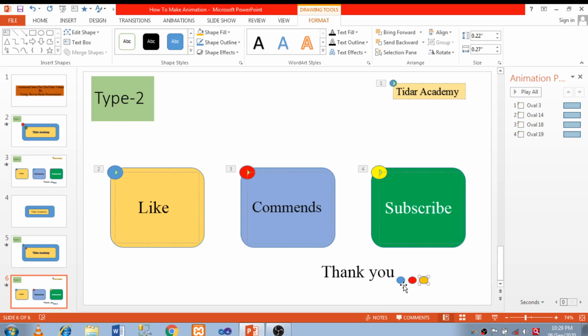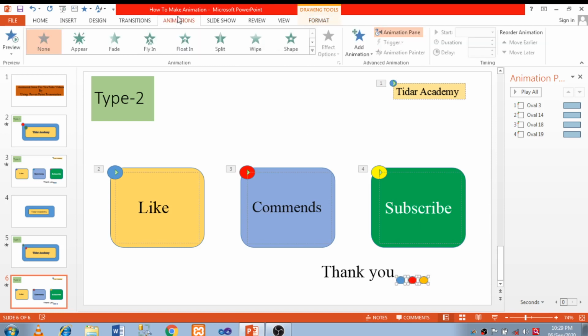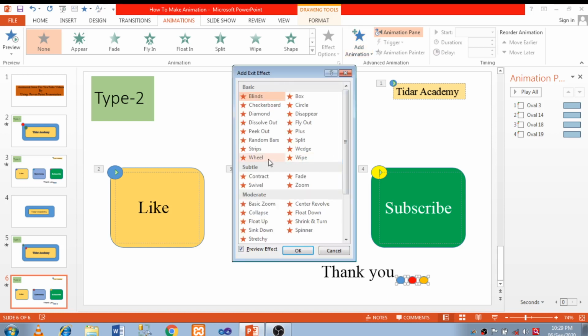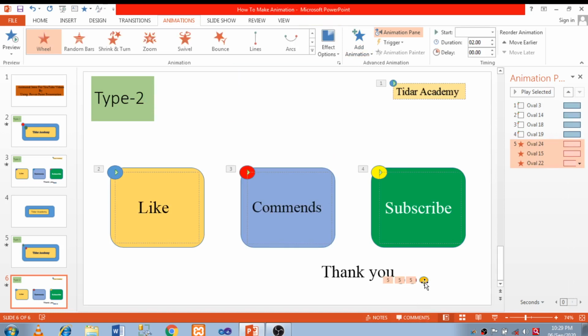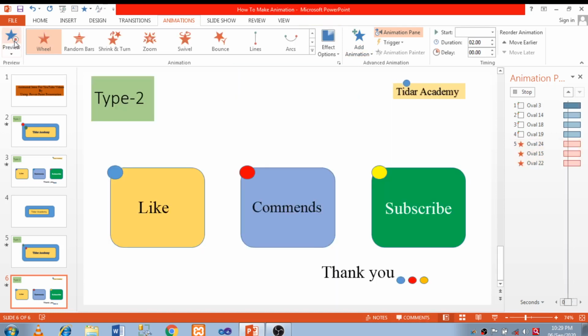Then select all these three balls. I go to Animation, Add Animation, go to More Exit Effects. Here I have selected wheel and OK. Then I have checked the animation.